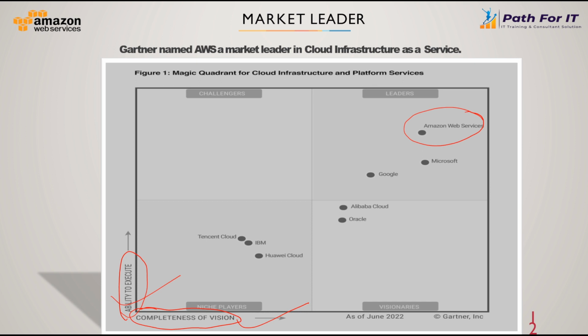In that report AWS used to be on top. The Gartner report is an annual report that provides an analysis of the cloud computing market with a focus on AWS as a leading cloud service provider.